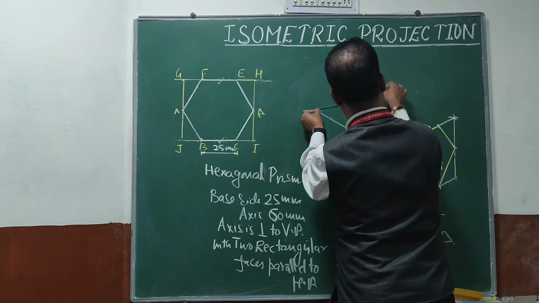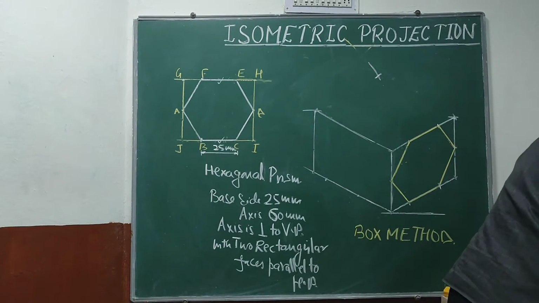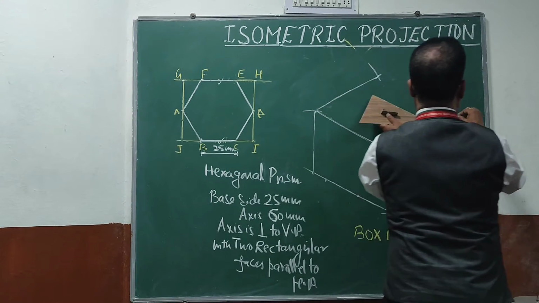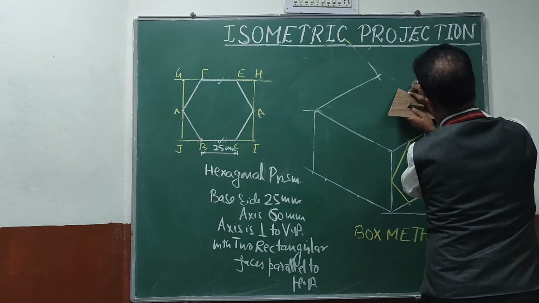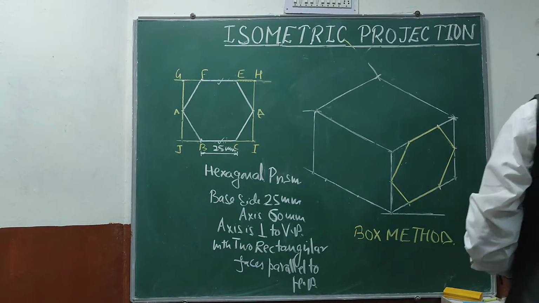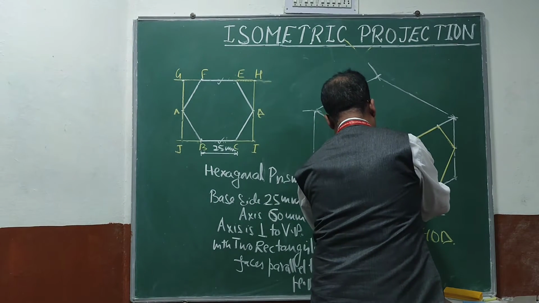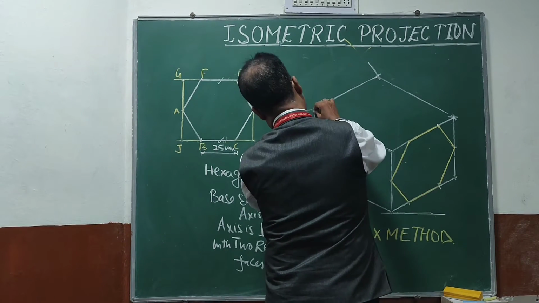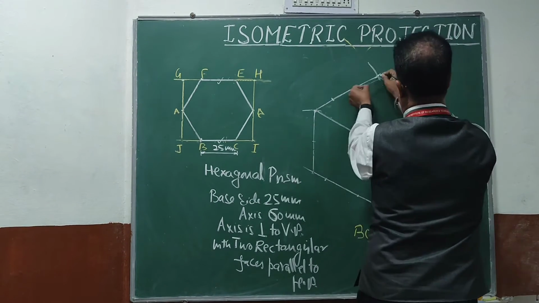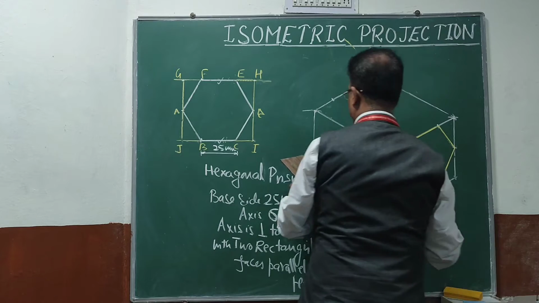Then this length, and again the same length I can carry forward. So this way, by using this third axis, I can easily bound this whole object inside a box, that is a cuboid, or you can write a square prism. And the same way I can mark these points on the back side for the backside base. So these points, same pattern in the backside direction. And if I join those two points,